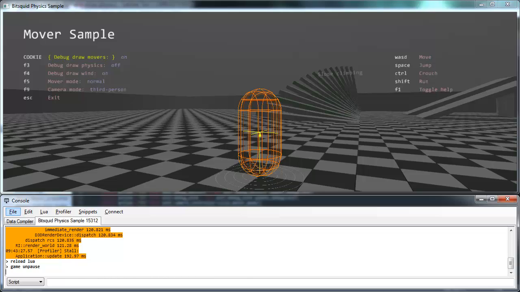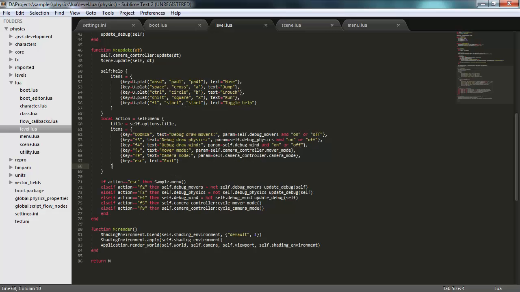So this way you can work with your Lua code, edit your gameplay code, add functions, do whatever you like, and keep reloading it without ever leaving the game. You don't have to restart and reload, you can just edit and work iteratively with Lua without ever leaving the game. And if you make a mistake, like let's say I